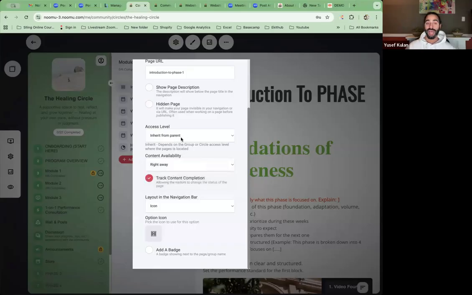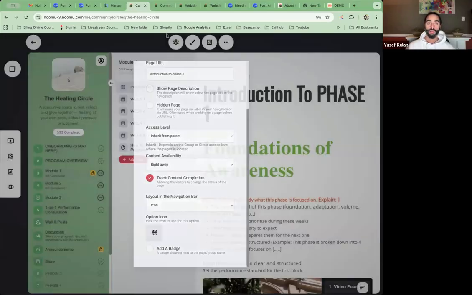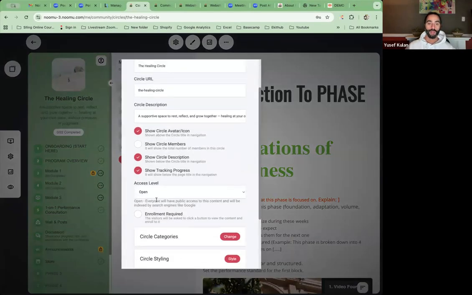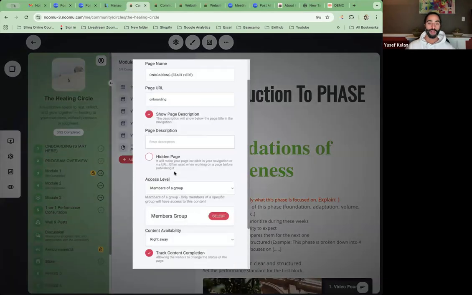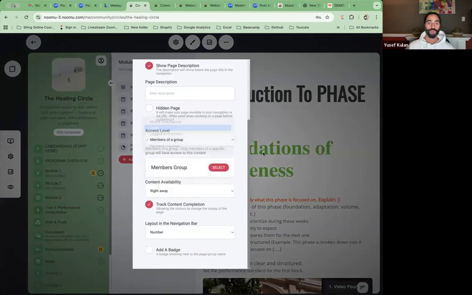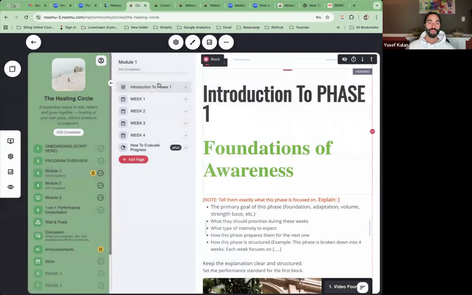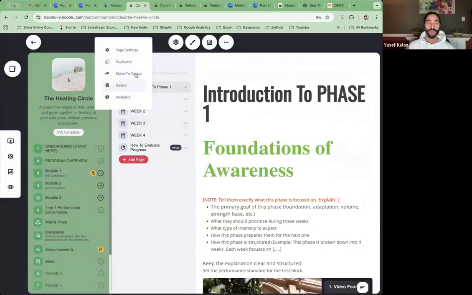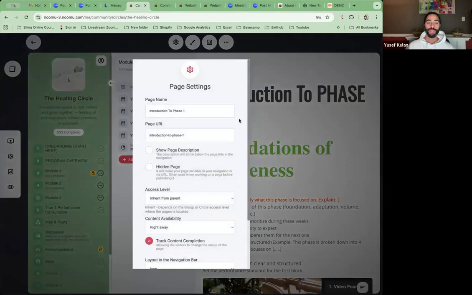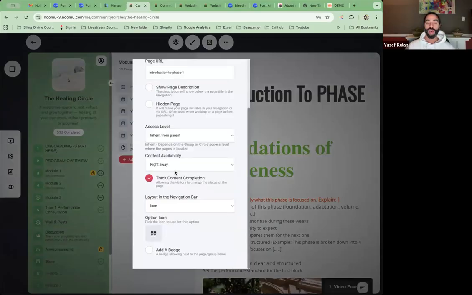So this is just for the access. Now we've determined the access, and it's inherent from the page, which, for simplicity here, let's leave open, and then go back here and change it back to open so that we can demonstrate this perfectly. And this one obviously they need to purchase. So now you go here to the content availability, and you have the ability to make the content available right away,